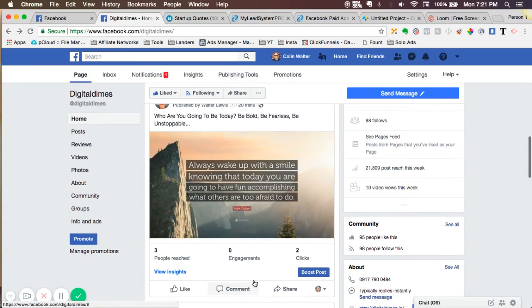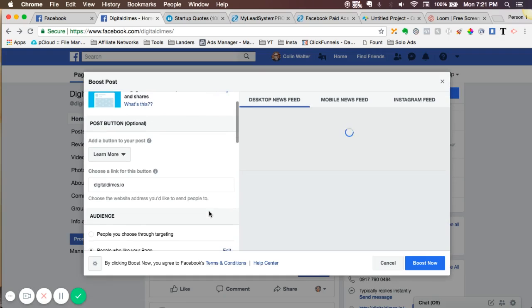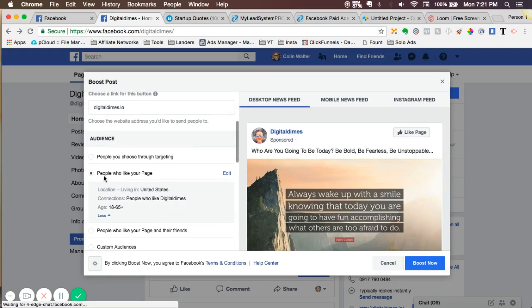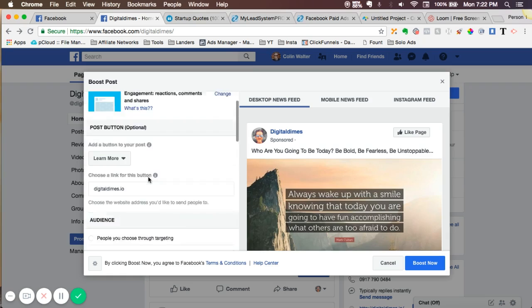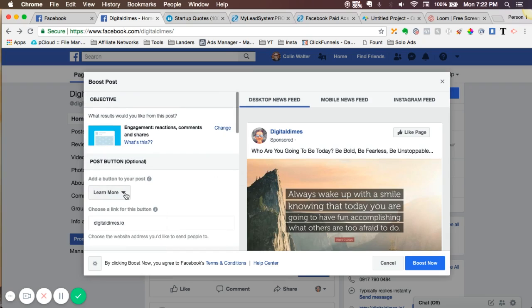So step number two is we're just going to boost the post. So we're just going to create a promotion, and we are going to just boost it to people who like your page. Nothing more. Just people who are following your page. As I said, that could be 5 people, could be 10 people, could be 10,000 people. But in the first instance, just boost it to people who like your page. And this is all optional. You could have a link to your website if you wanted to,